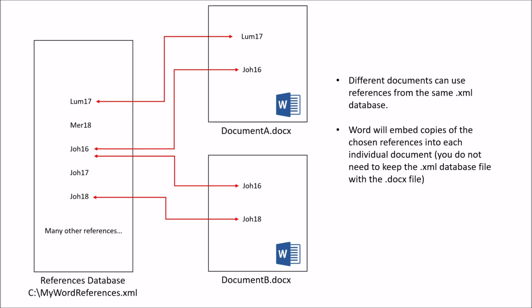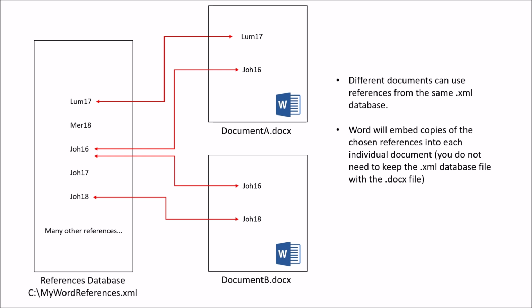What that basically means is that they're actually not linked as this picture seems to illustrate, in the sense that both document A and document B can be standalone files, and you don't actually need to carry around this XML file with the actual document. So document A and document B, you can email those out to friends or colleagues or anybody else just by themselves. Just send them the docx file, and embedded inside that docx file are the necessary citations that were copied